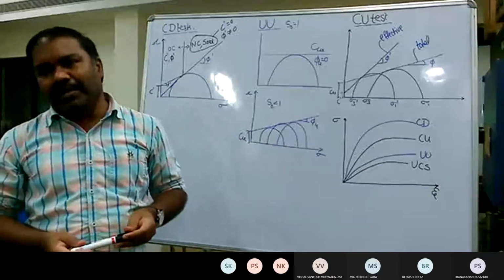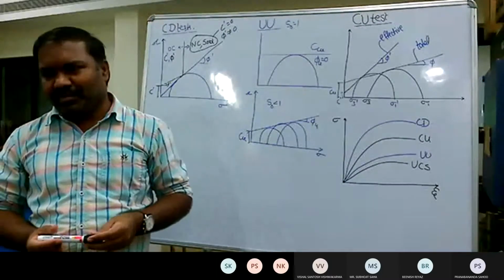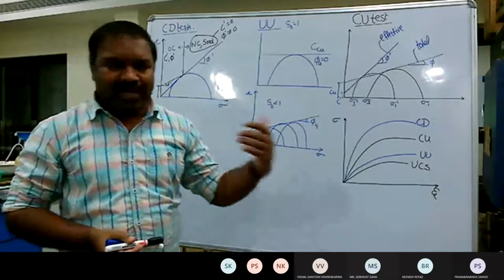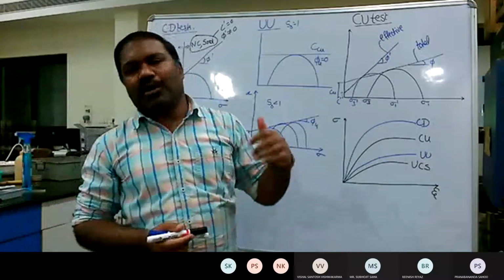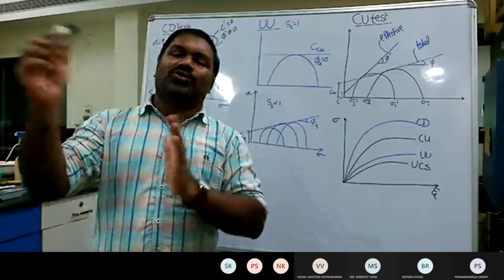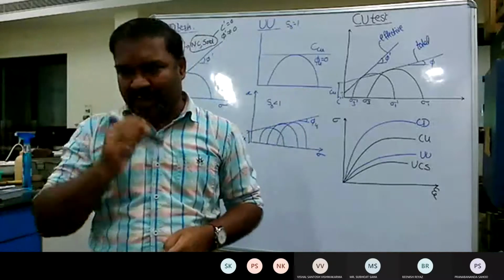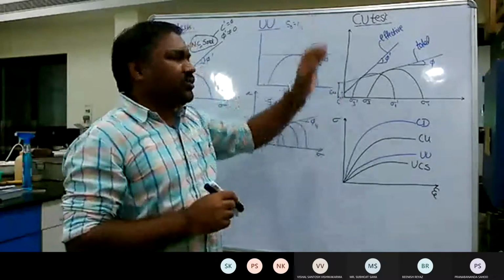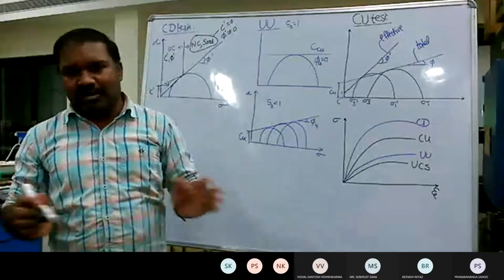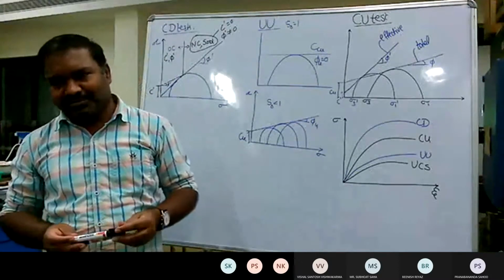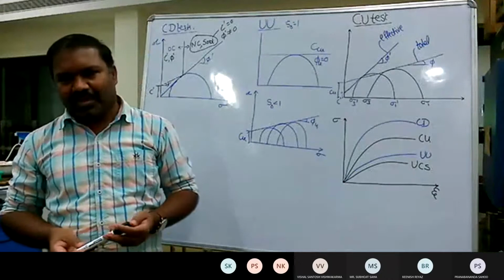It may be done, but it takes an immense amount of time. Suppose it takes 10 days to achieve from 50 to 90, it may take a couple of years to go from 0.9 to 1. So that's why once we achieve a B value of more than 0.9, we presume that the soil sample is fully saturated. Okay.